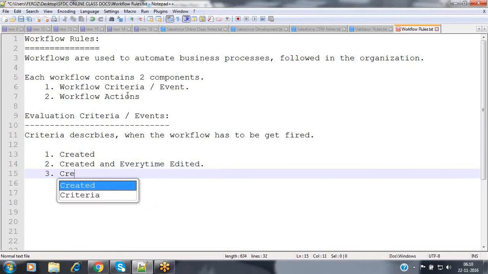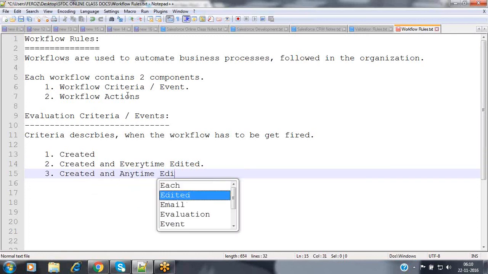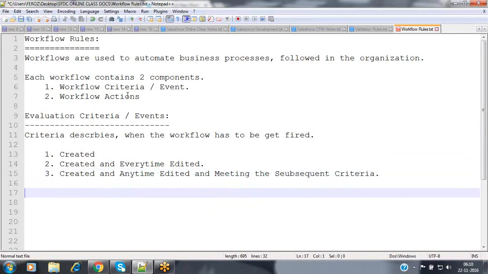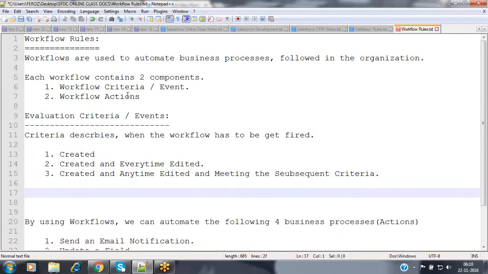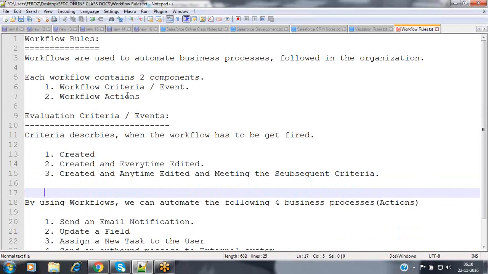And the third one is created and any time edited and meeting the subsequent criteria. So these are the three criteria available here. Nothing but these are the three occasions on which the workflow will get fired.